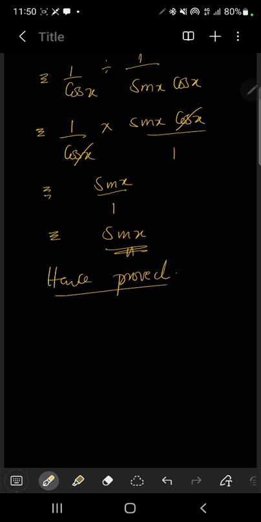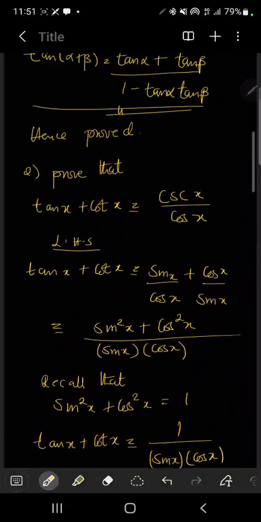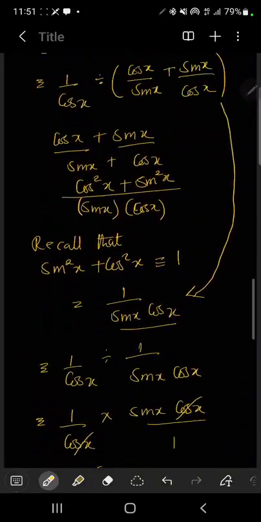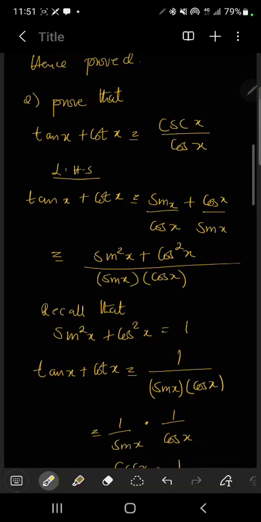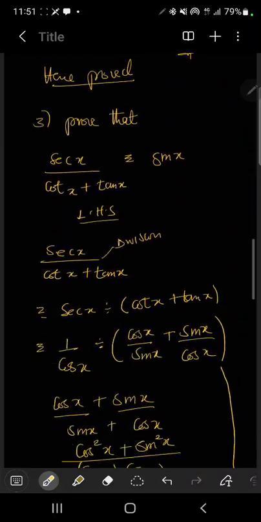Okay, another question that we can look at is this one. So this is question 3. We can look at now question 4,